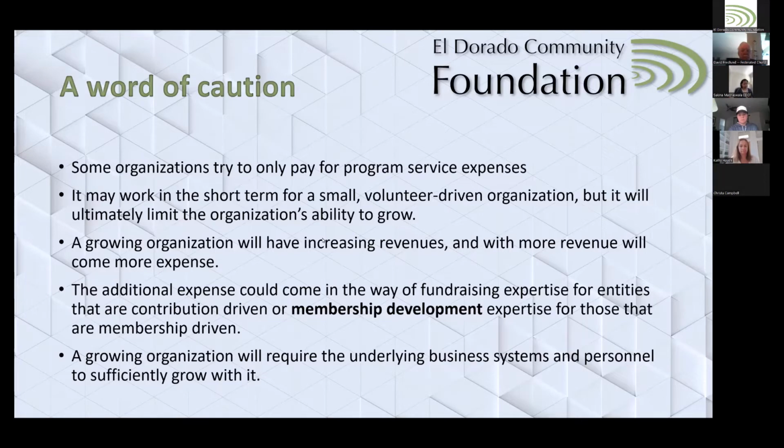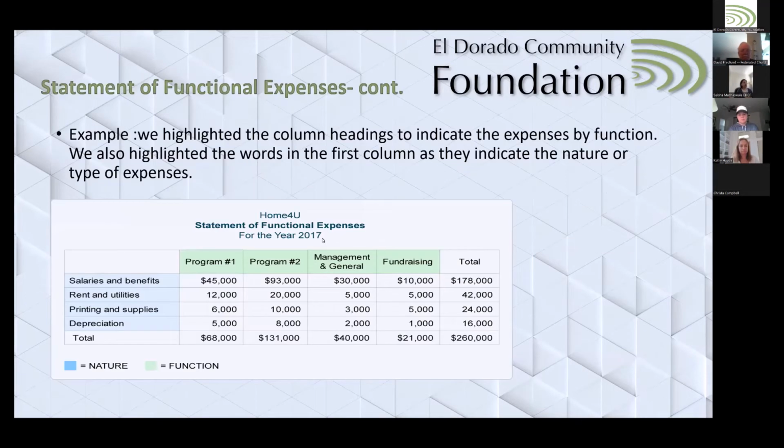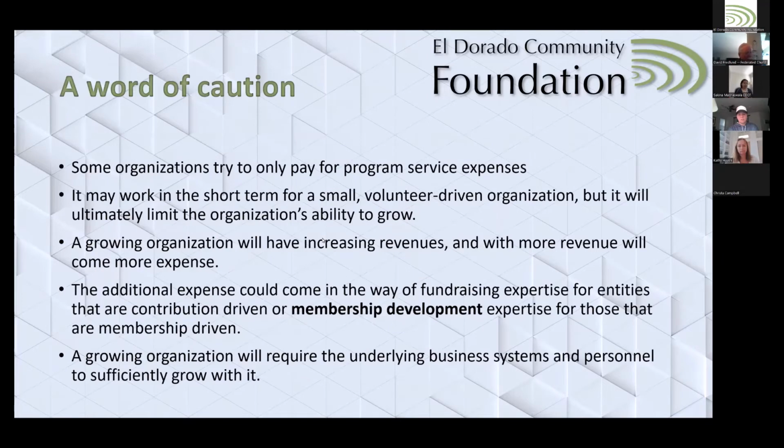Once you are in a program, I'm going to go back to my previous slide. Once you are in a program, and I know a lot of donors just want to give towards their program expenses and nothing towards management and general expenses. And that's one of the reasons why we have this grant that we want to give out to organizations to grow, is because there always is a management and general expense. Unless you're all volunteer driven, there is no way that your organization will not have management and those kind of expenses. So a growing organization will